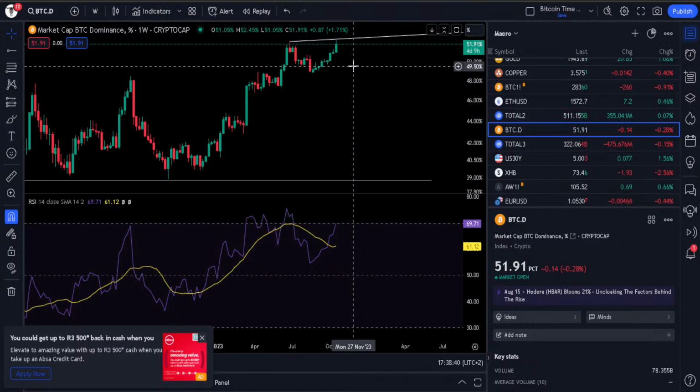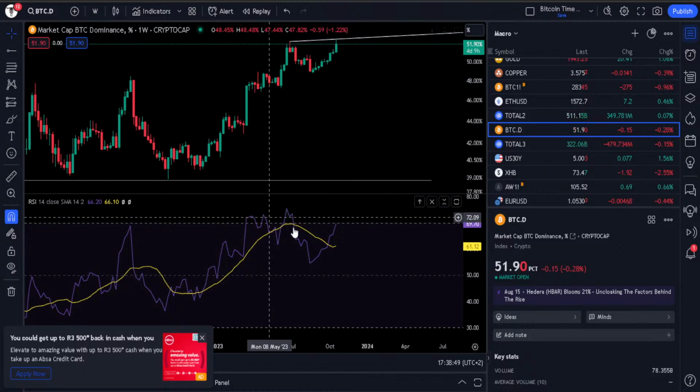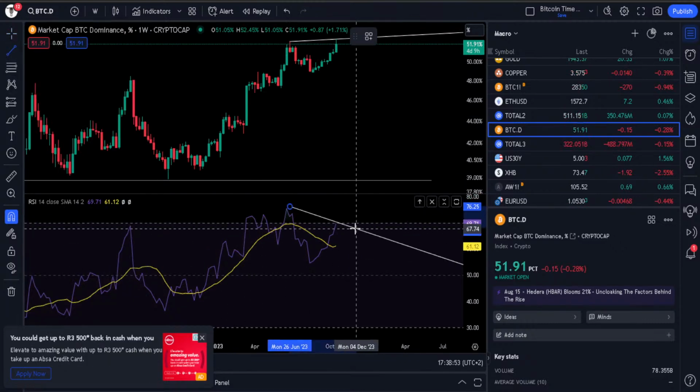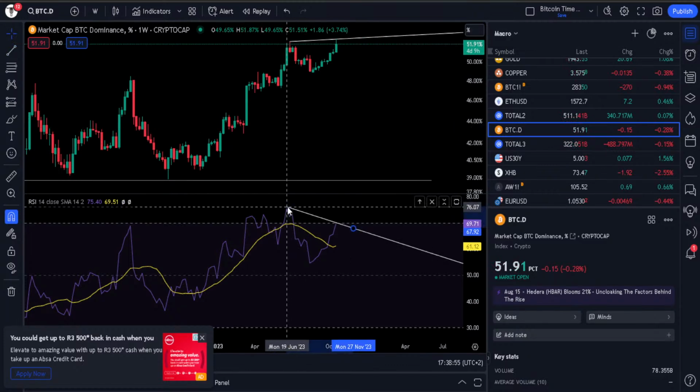I don't see the altcoins doing well in that situation, because if Bitcoin goes down 5%, the altcoins do 10%, etc., right? But there's a strong bearish divergence on the weekly chart as well for the Bitcoin dominance,